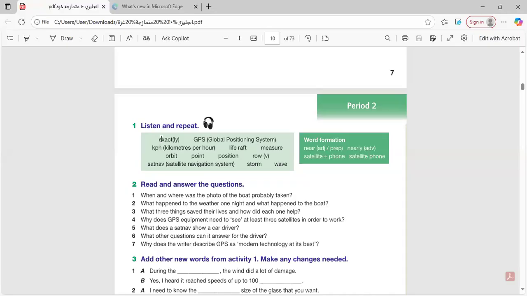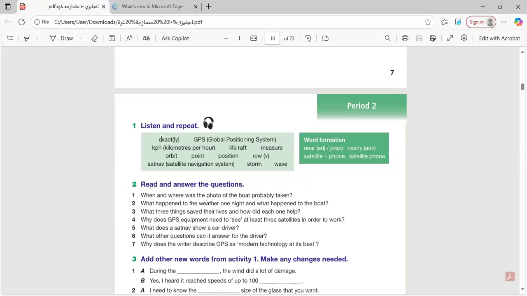kph means kilometers per hour, means, you know, the car runs at a specific number of kilometers per hour. The plane flies at so many kilometers per hour. This is how we talk about speed, kilometers per hour. Life raft, you know, life raft, it's